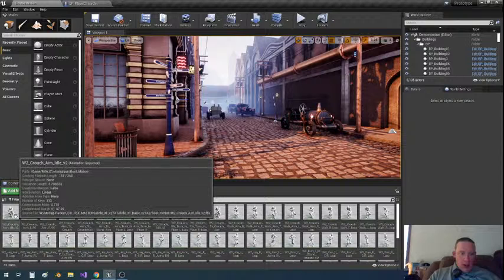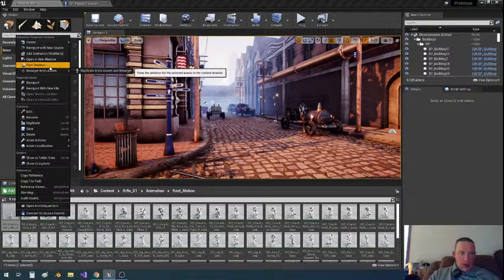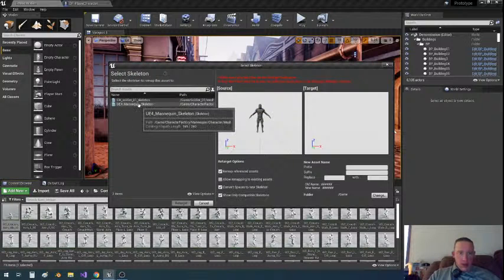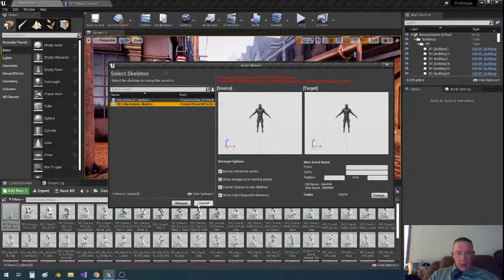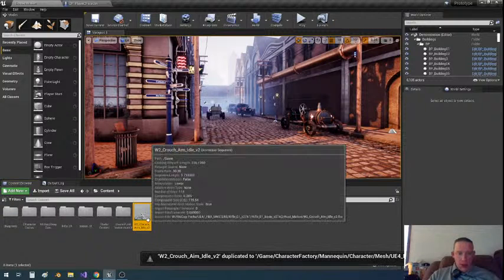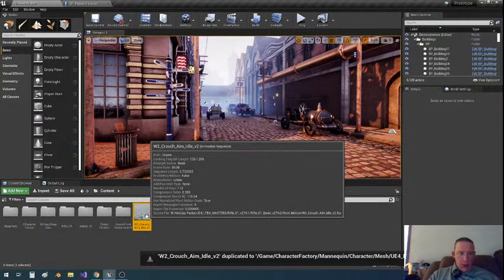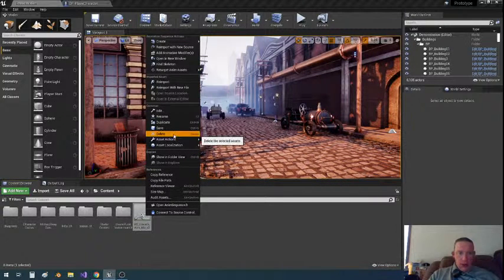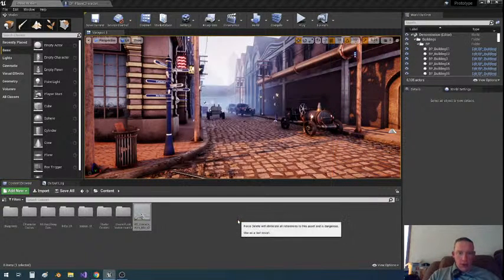Once you do that, you can take your animation, right click on it, and then you go retarget anim assets, duplicate, and retarget. And then see, there's our skeleton right there. Click on him, click retarget, and now we can use this animation with our guy that we have. So that's retargeting. You got to set the skeletons up